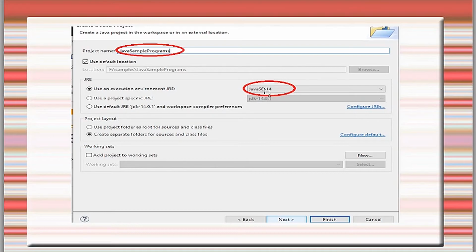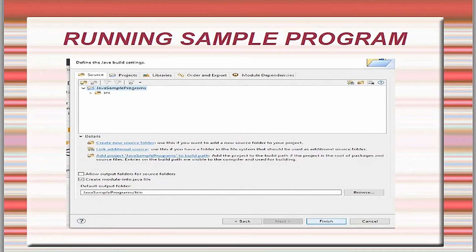This is the latest edition, and by default it will take it. And next, click on Next and click on the Finish button.